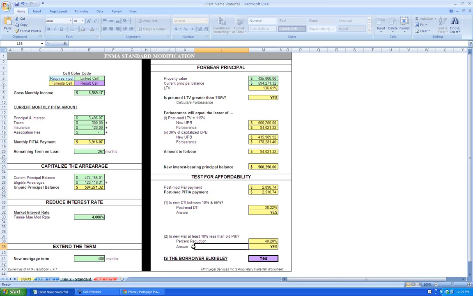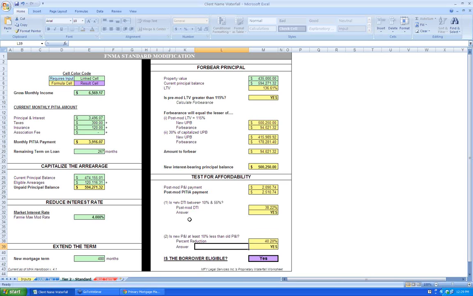So, is the new P&I less than the old P&I? And for some people who get those new streamlined mods, which are sort of no doc, no application modification, they'll effectively be getting rid of the DTI 10 to 55% range because they won't be testing for